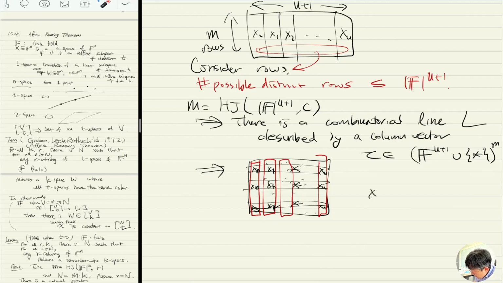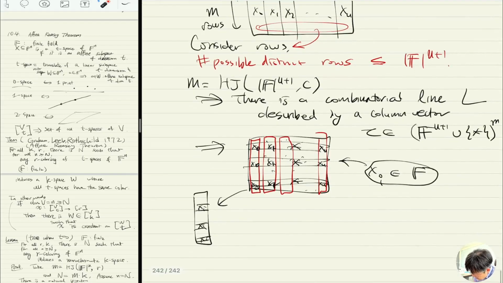And no matter how I put xi from F, all of them will have the same color. So if I look at one column, then some rows are xi, xi, xi. Right? So if I look at the ith column,